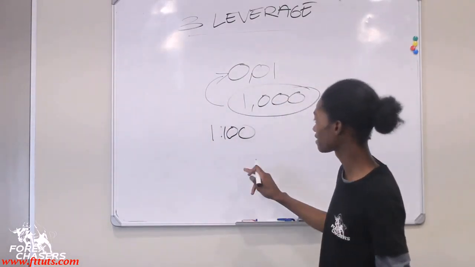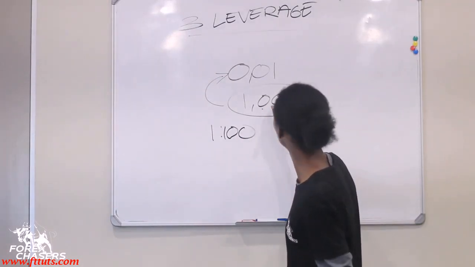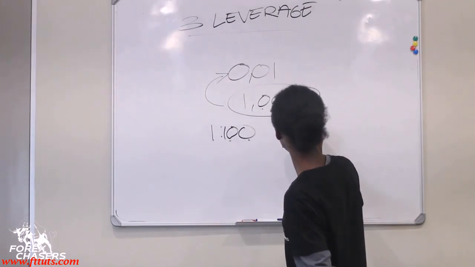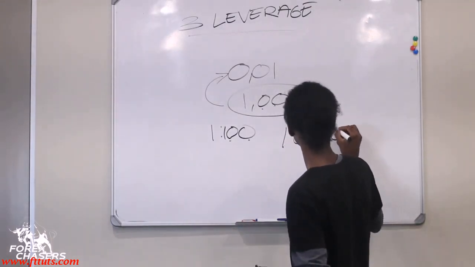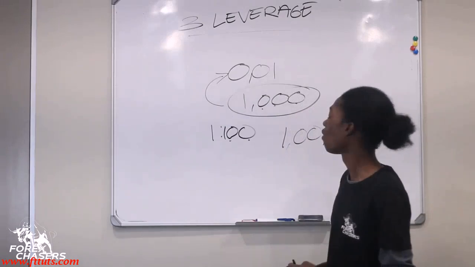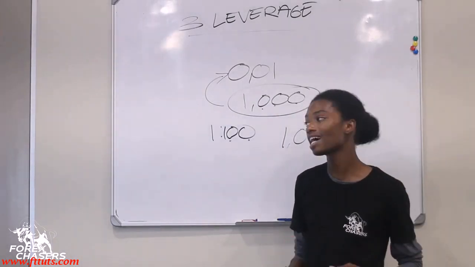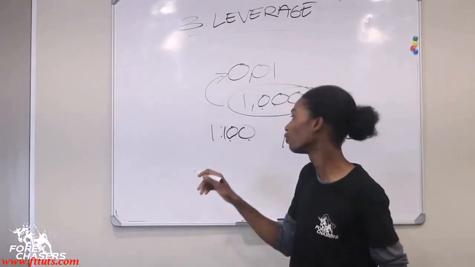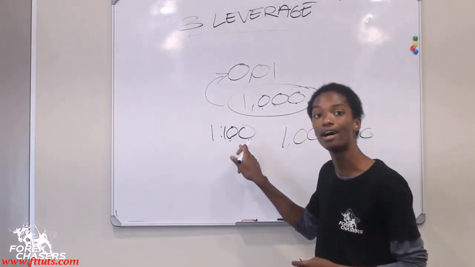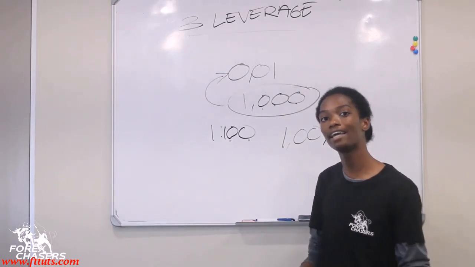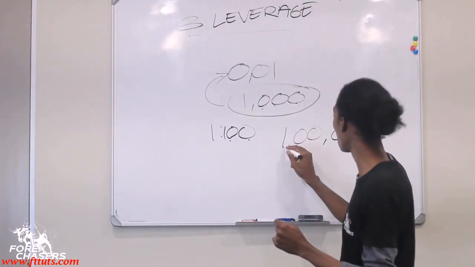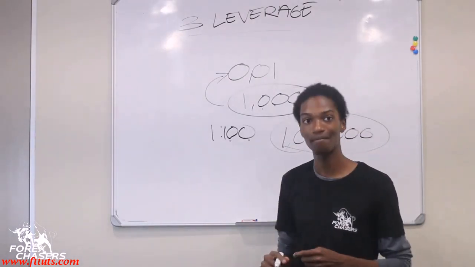Simple maths, all this means is that our broker is willing to multiply our ability to buy and sell 1,000 shares by 100. So now we're able to control 100,000 shares